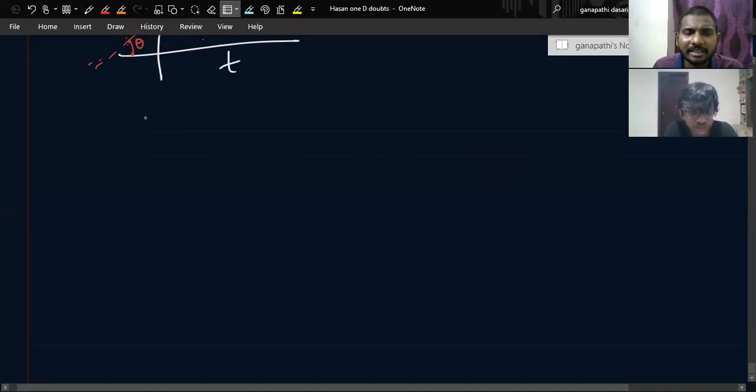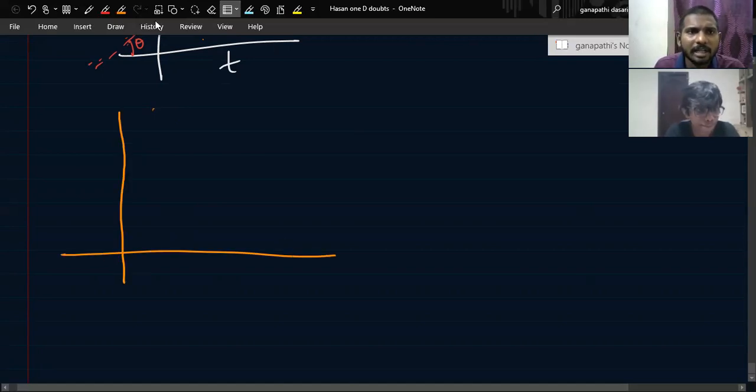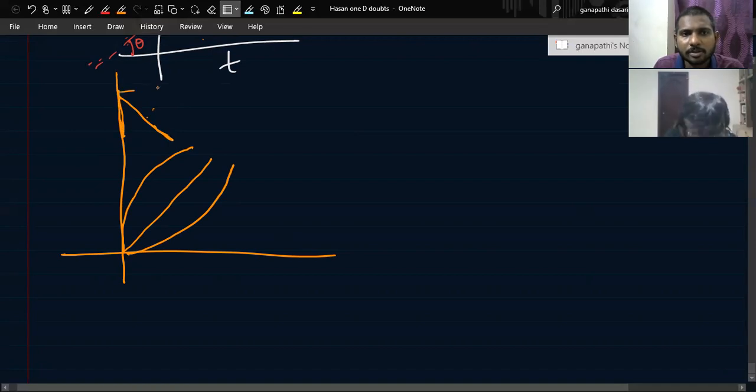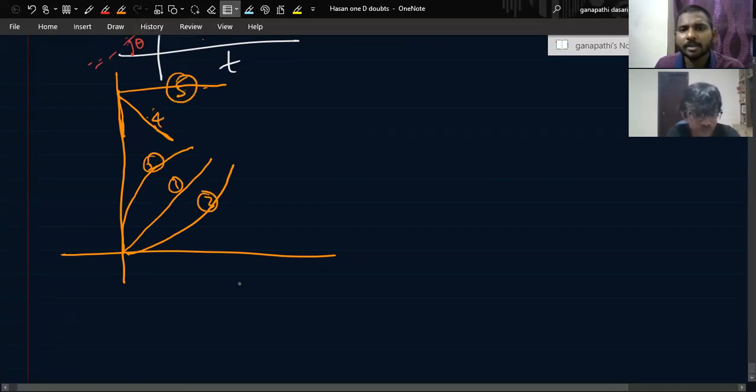First, we'll discuss the XT graph. There will be different kinds of XT graphs in this manner. Let me draw a graph of this sort, a straight line, a graph of this sort, and another of this sort, about 5 kinds: 1, 2, 3, 4, 5. You got it? This is the XT graph I took.